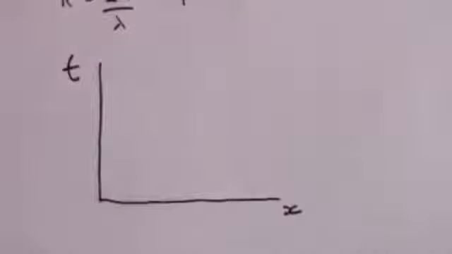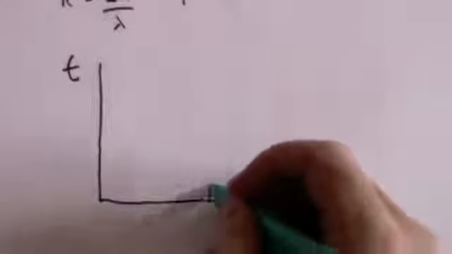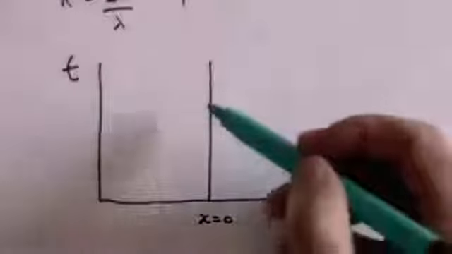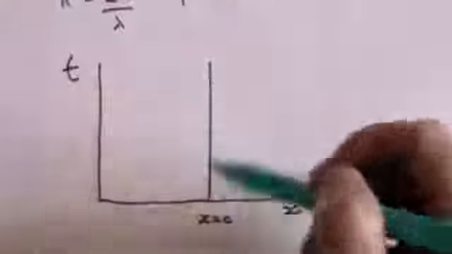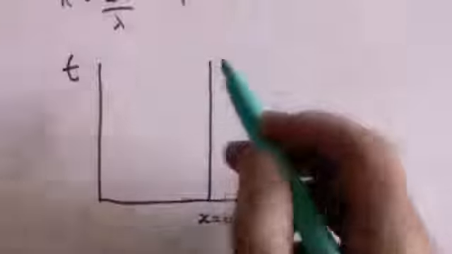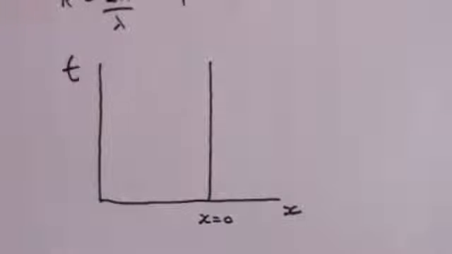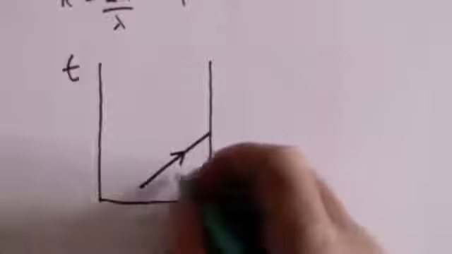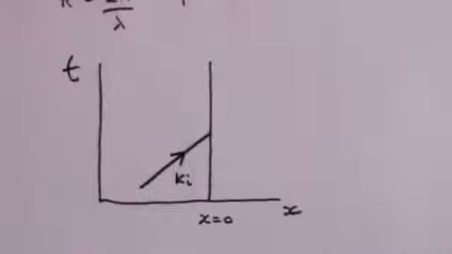So time goes along that axis and space along this axis, keeping it one-dimensional, of course. And I'm going to have a target which I'm going to place at space position x equals 0. In other words, it stands still, but of course it travels through time. Everything travels through time, but it doesn't move spatially, it just travels at the speed of time through time. And what we're going to do is to scatter a particle off of that target. So here comes a particle, and it has a momentum ki, k initial. K, remember,